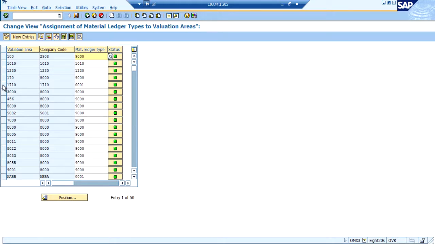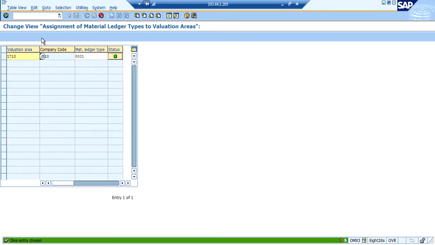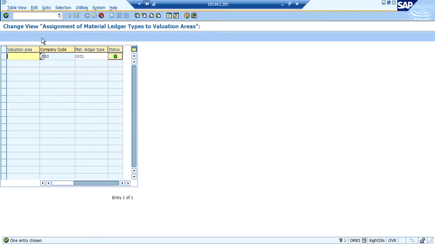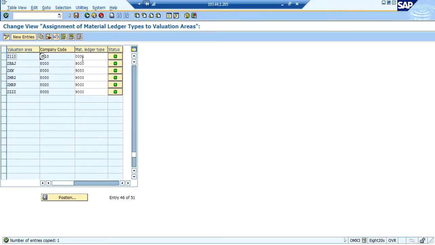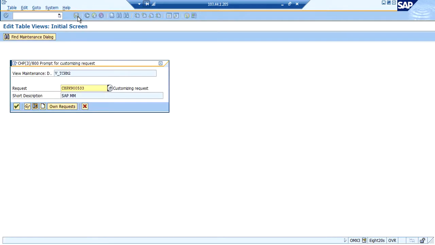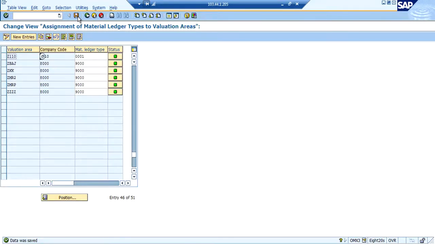Now I am copying the plant 1710 here and assigning my new plant. This is how we copy the material ledger here, which is mostly taken care of by FI consultants, but this is one thing we have to remember.